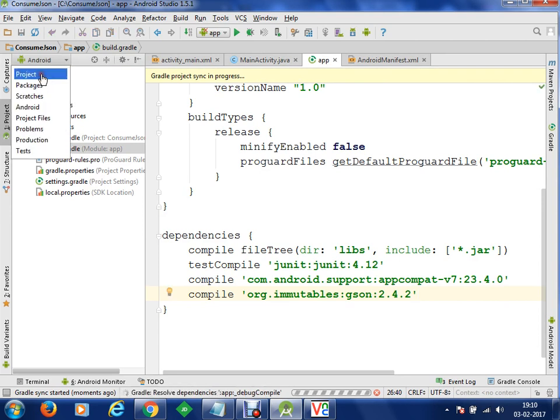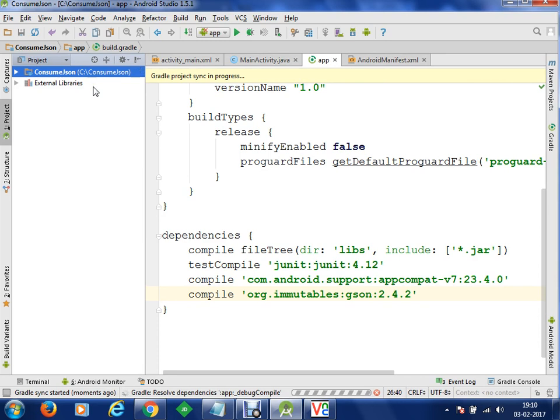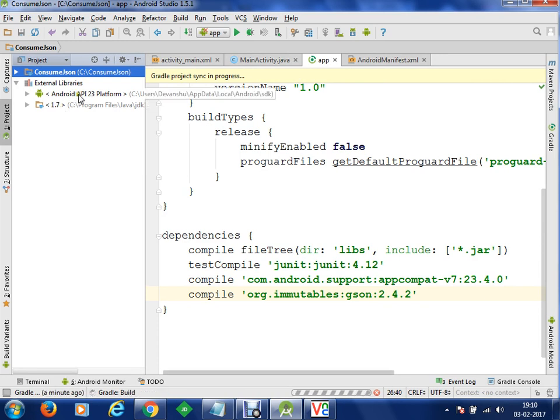We can move to project structure, and within external libraries, we will get the information about immutables which have been included. At the moment you can see that we only have Android API 23, but once Gradle finishes its work, we will get our org.immutables listed here. So we will get the library for JSON, and then we will be able to use the JSON class in our project.